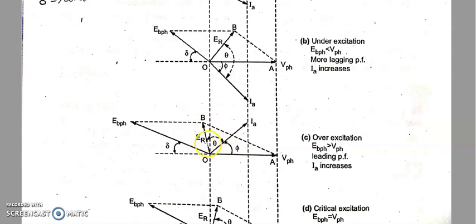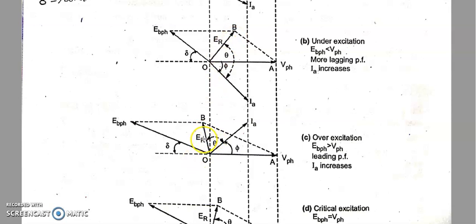But now here what happens? You can see for the over excitation case, ER value when compared to this has been reduced. Here this IA is greater than this IA, so in contrast with this IA, the value of ER got reduced here. Again when compared to this and this, the ER value is less when compared to the earlier figure.